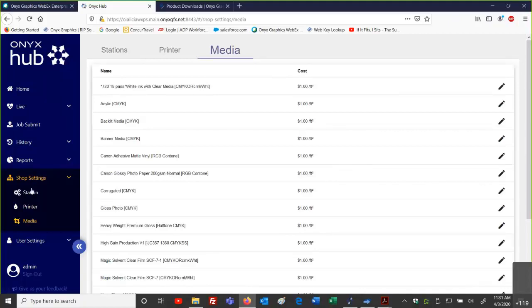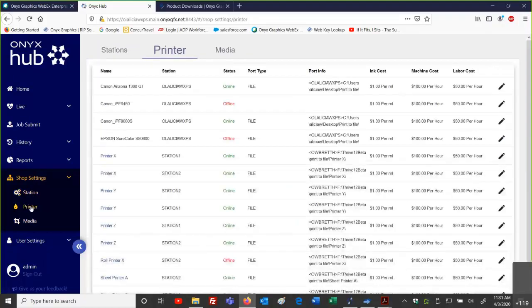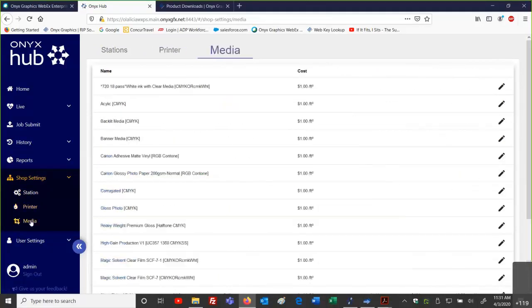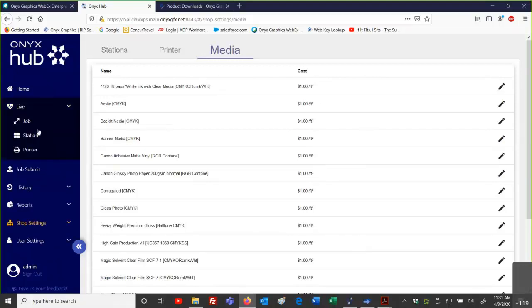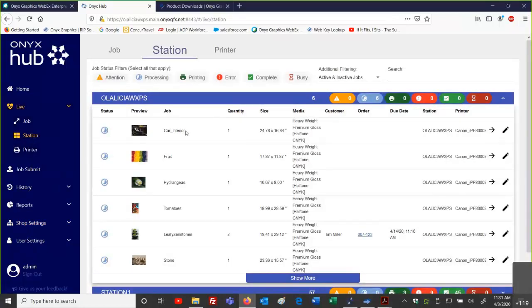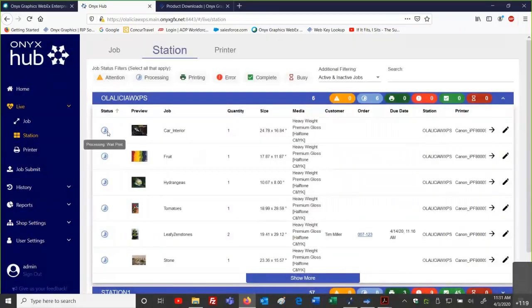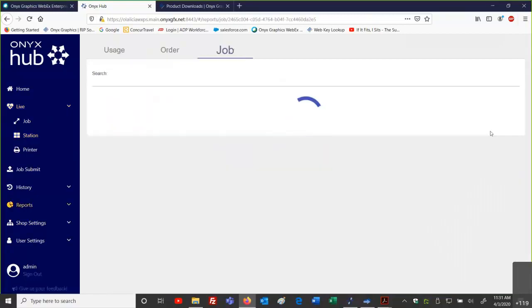So for shop settings, station, we're adding our devices and communicating. Once we're there, we're putting in our printer costs, and this is ink, machine, labor, and we're also putting in our actual media costs. Once we enter all that information in, now it's just a matter of ripping and printing within our stations and seeing the data as we're working through this and getting the costs. So per job information, if we're looking at this information, we can view the image information. We can see the status. This is just at a wait print status that's here. At any time, we can go in and see more details about the job.